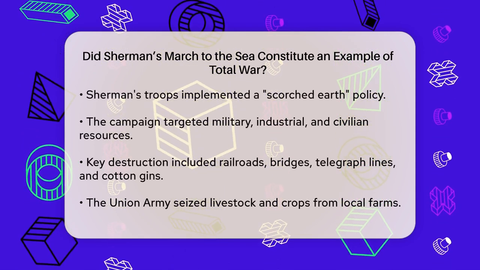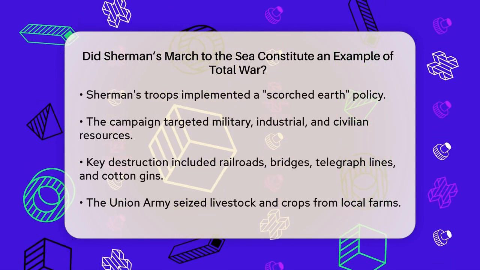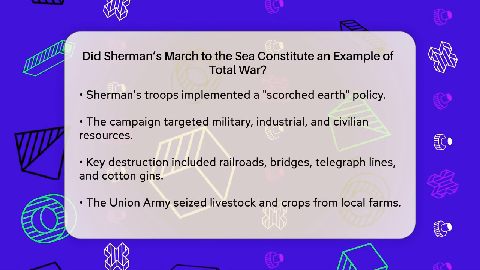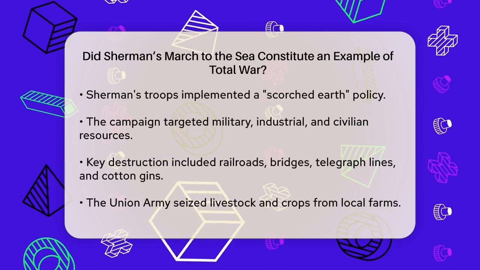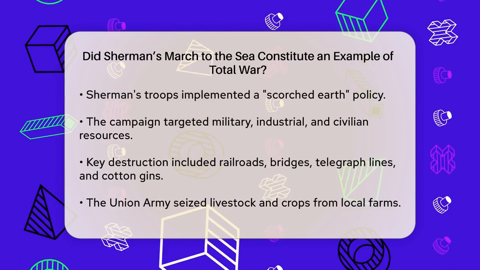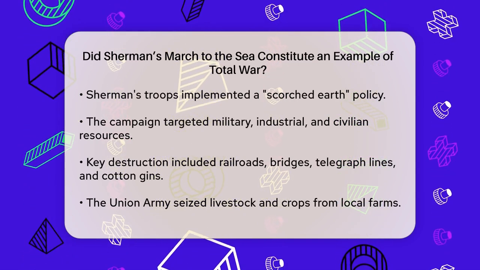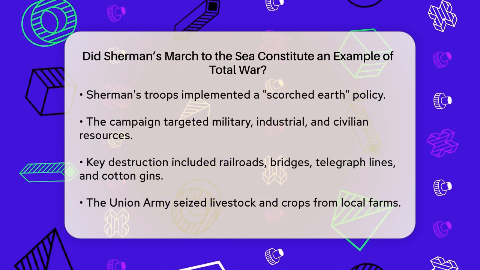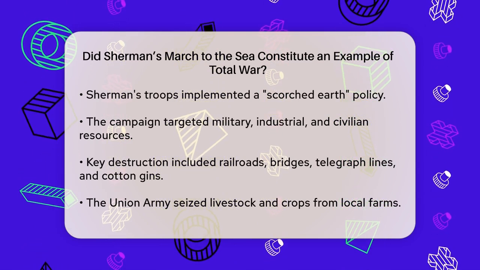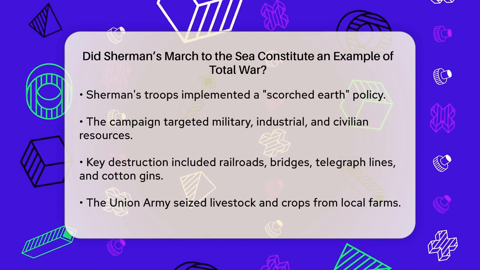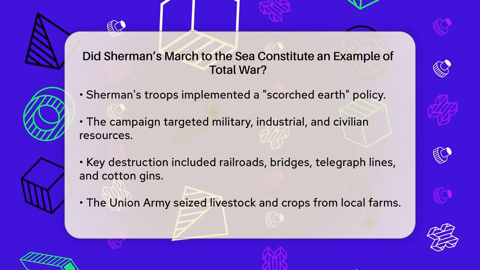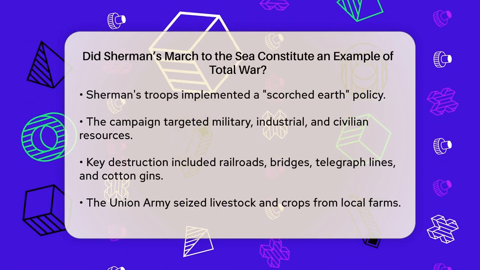Now let's look at what total war means. Total war is the most extreme form of warfare, where any action or behavior is acceptable to stop or conquer an enemy. It involves mobilizing all resources, refusing to compromise, blurring the roles between soldiers and civilians, and having total control over a society. During Sherman's march, the Union Army targeted not just Confederate soldiers, but also the civilian population